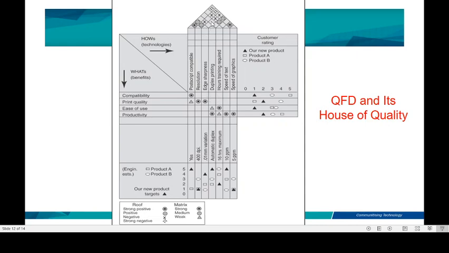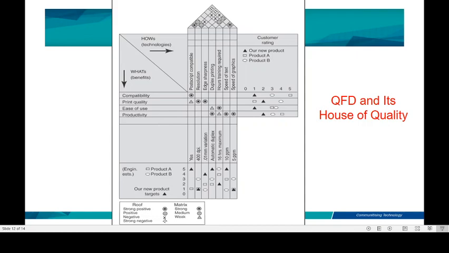And the top part of the house, which is the roof here, is a trade-off between the engineering characteristics that the technical personnel must consider. Each diamond here represents the interaction between the ECs, and the technical staff must identify each significant interaction. Here we can see we have strong negative, positive, and strong positive under the roof. For example, the strong negative crosshatch, like a pound sign, at the crossing of resolution and the speed of graphics. The speed of graphics meets the resolution, and this means it is a strong negative,